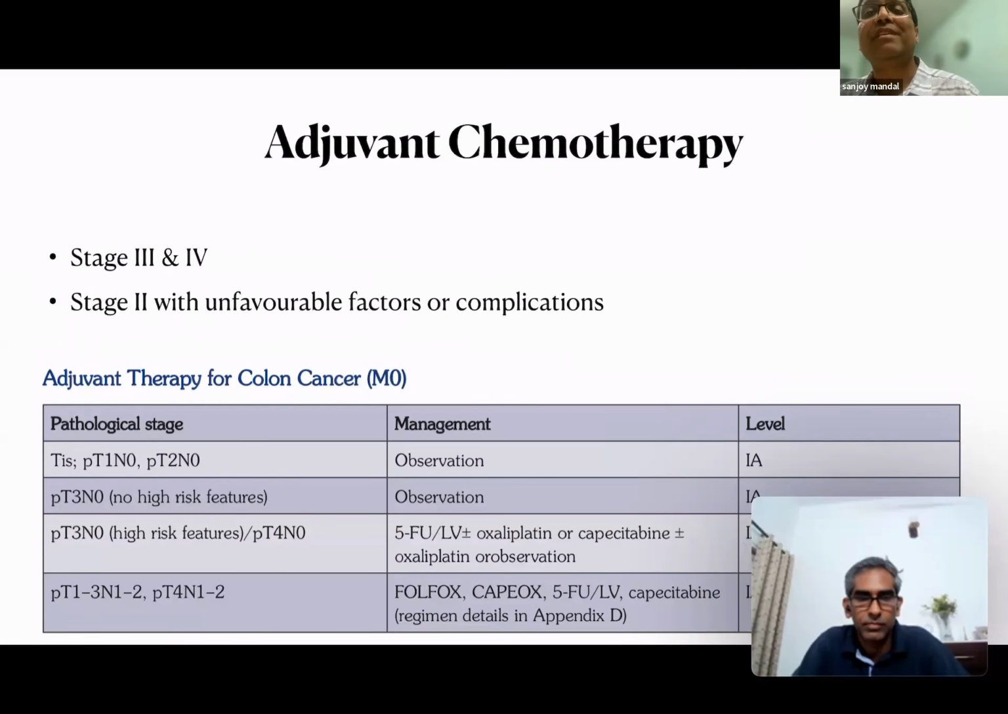Just a word about adjuvant therapy. I think it's safe to say that stage 3 and stage 4 tumors should go for adjuvant therapy. Stage 2 with unfavorable factors or complications, for example, stage 2 who are obstructed or perforated, should again go for adjuvant chemotherapy. And all others, especially stage 1 tumors, should undergo just surgery, and they should be cured after surgery